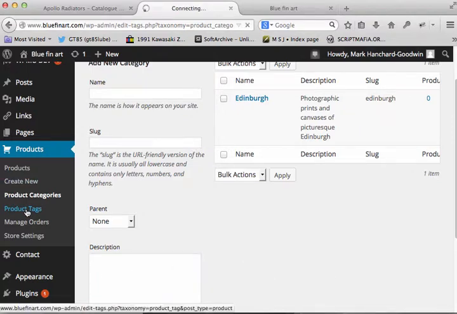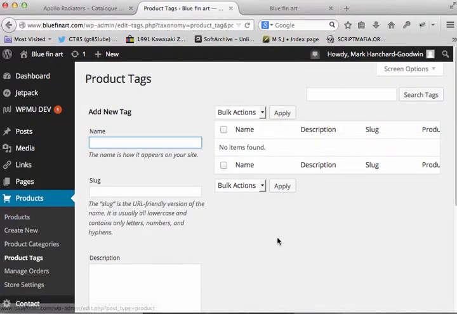The next one I want you to look at is product tags. Now, a tag is a descriptive noun used to describe an image, or a product or anything. So in your parlance, it might be a night shot, day shot, slow-mo, or whatever you want to call it, a delayed image. It might be a landscape, it might be winter, it might be summer, it might be water, it might be rocks. It's descriptive nouns that would help people